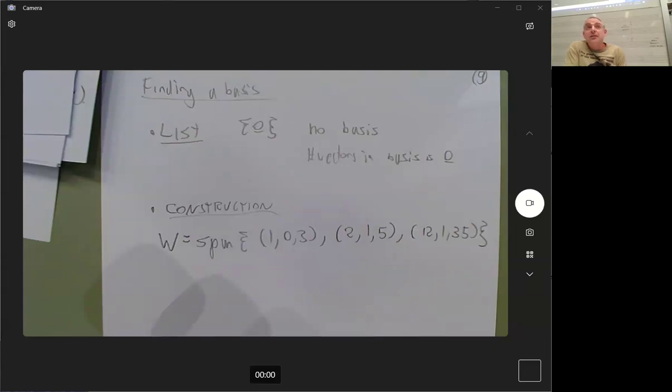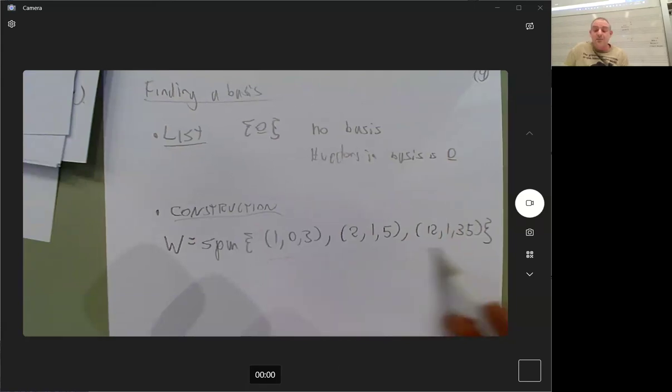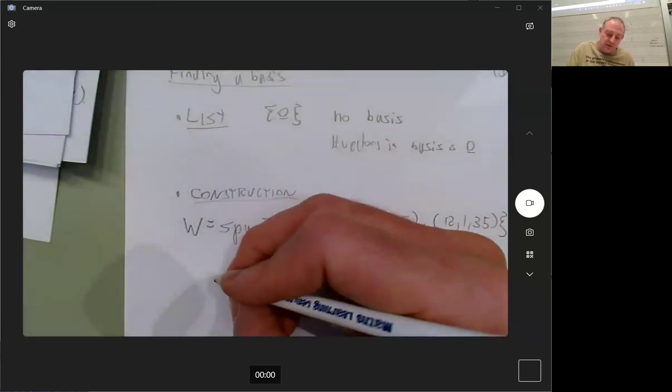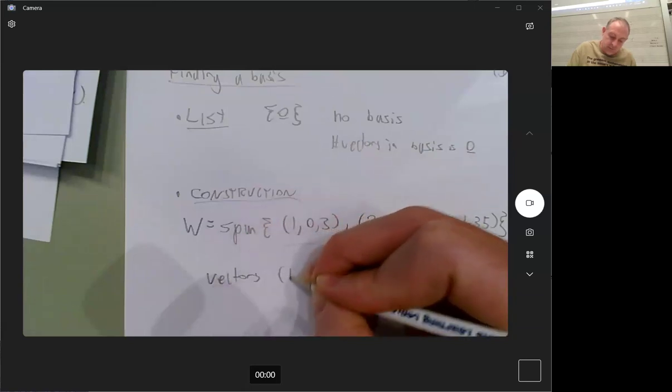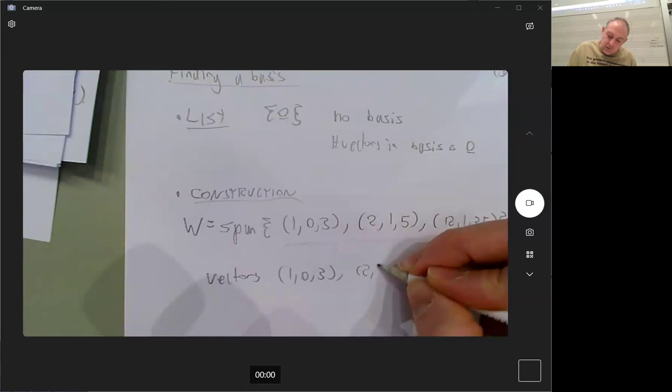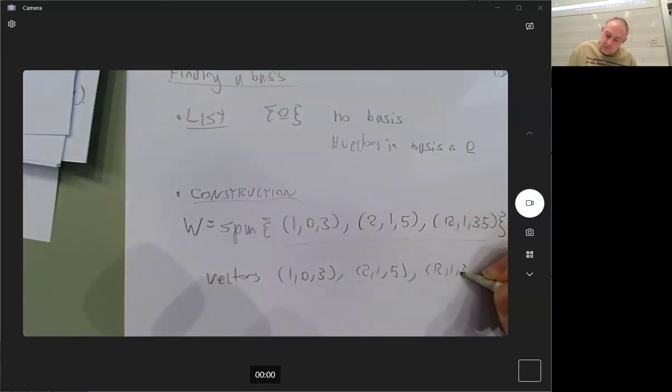And in order to be a basis, I need to be able to span my subspace with it. So I already have a set of vectors that spans my subspace, so it's a good starting point for making a basis. So I already know that the vectors 1, 0, 3, and 2, 1, 5, and 12, 1, 35 span W. That is definitely true. So we're halfway to being a basis. The other half is they have to be independent, but they're not independent. But that's okay. I know which of these vectors are independent. It's the first two, because when I did my row operations,